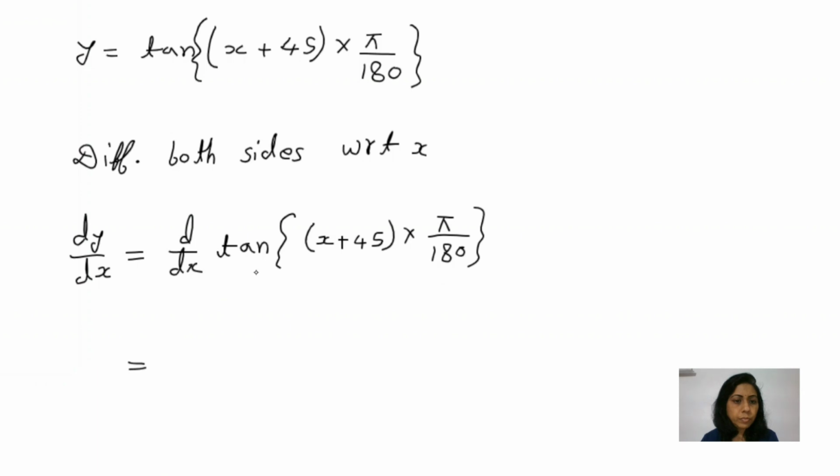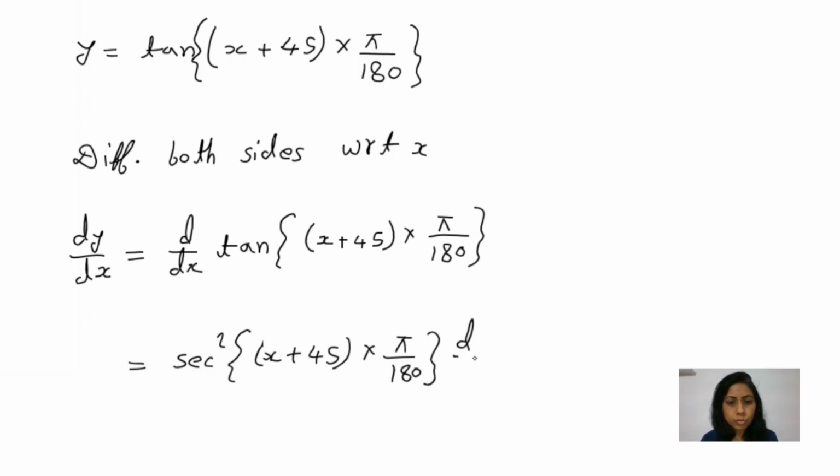We know that when we differentiate this tan function, we get sec square. So sec square of (x + 45) multiplied by pi by 180,